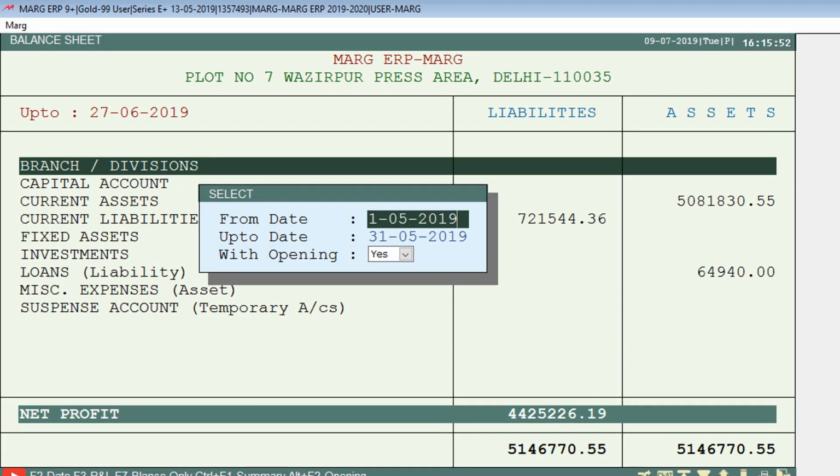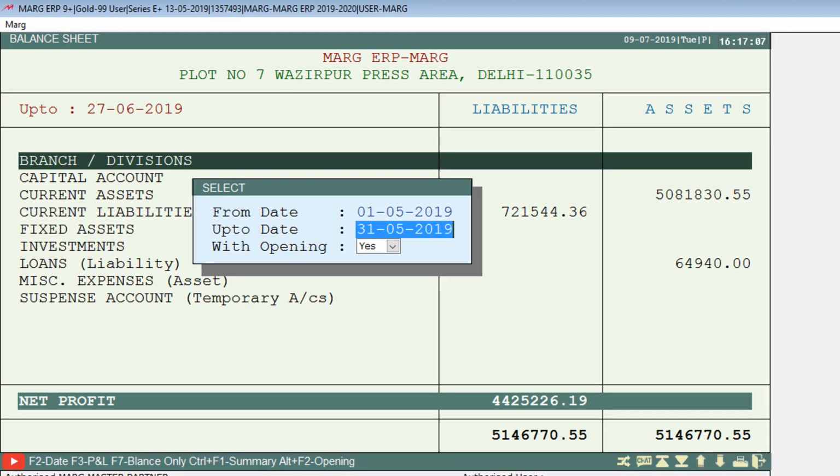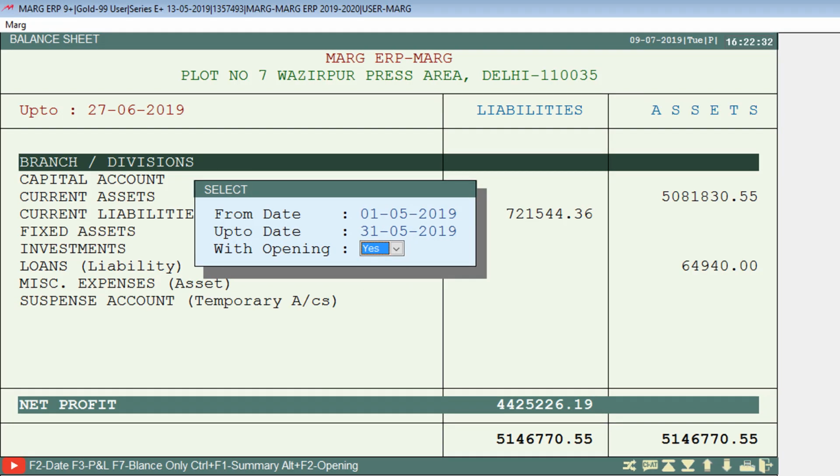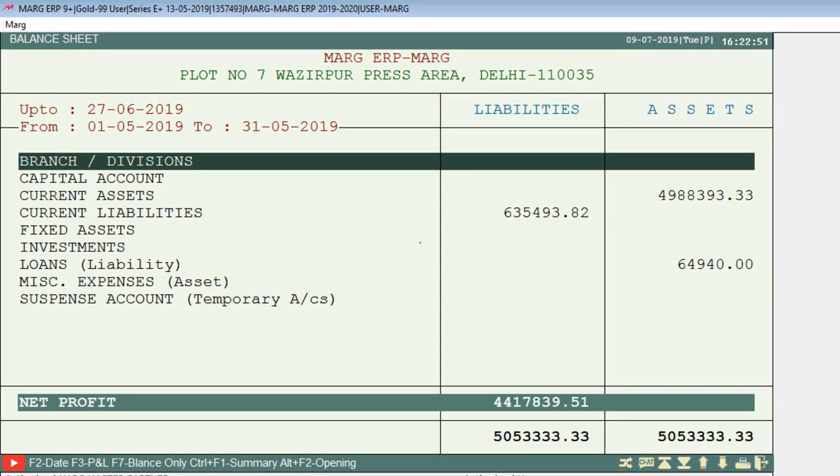Example, 1st May 2019 to 31st May 2019. Then press the enter key. Then is with opening. If you want to view the monthly statement of the balance sheet with opening, then set this field to yes. Otherwise keep this field as no. So we will set this field to yes and press the enter key. So here you can now view the balance sheet as per the specified dates.